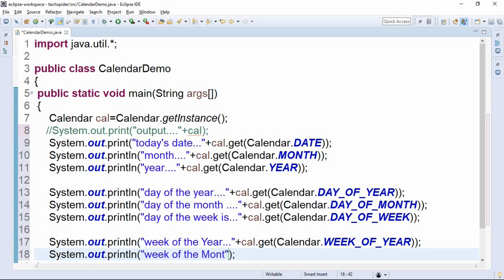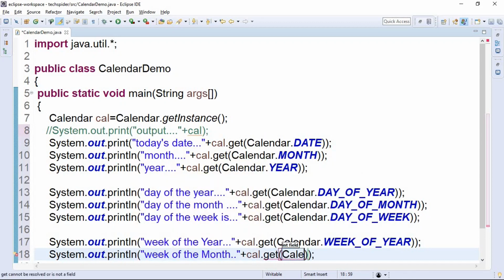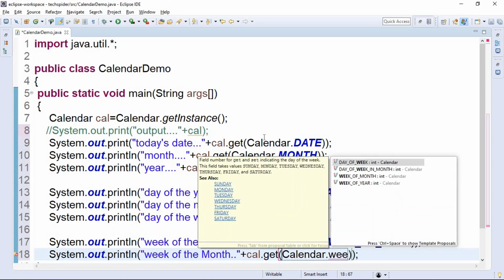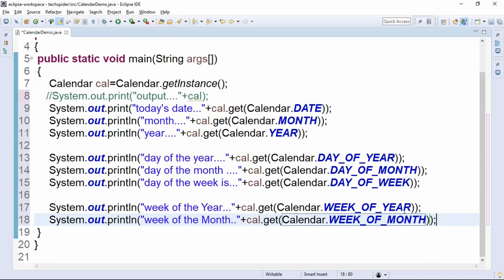Already we printed week of the year. Now I am printing week of the month plus cal.get method, that is Calendar.WEEK_OF_MONTH. Like that, I printed date, month, year, day of year, day of month, day of week. Similarly, we have week of year and week of month.